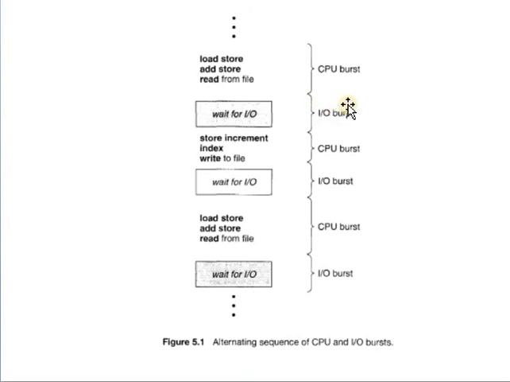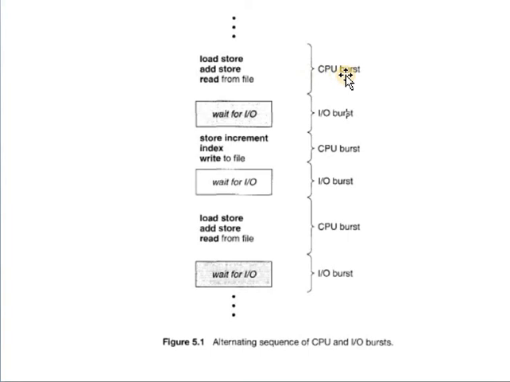And whenever a process is executed in a CPU, that process follows these two states alternatively, that is a CPU burst and I/O burst. Here is a CPU burst. Suppose one process is going to be executed in a CPU, then that process always begins with a CPU burst. In that CPU burst, suppose one process is storing a file or reading the contents of the file, then that process gets control over the CPU. So that is a CPU burst.